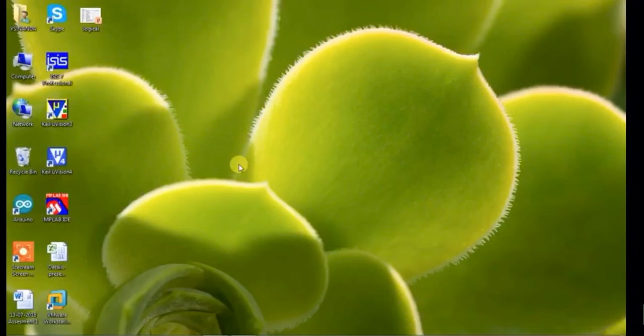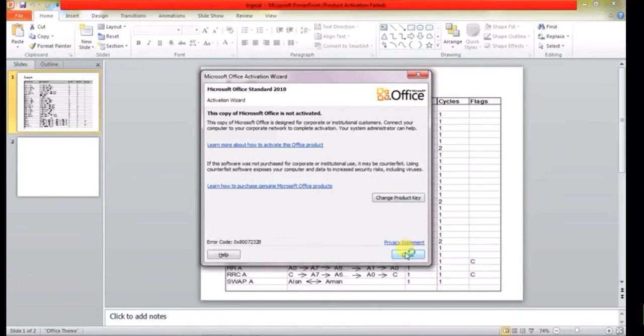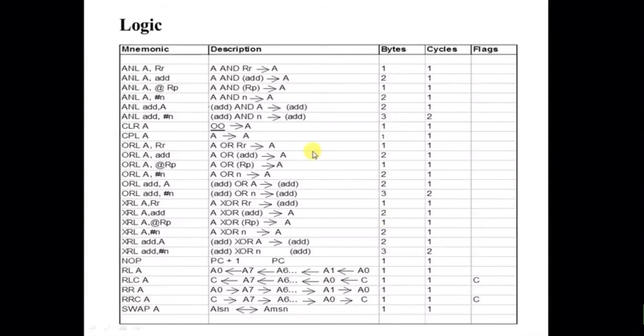In assembly language programming, we look at the logical instruction set of the 8051 microcontroller. This is the complete instruction set to perform all logical operations using assembly language. You already know the registers supported by 8051: A, B, R0 to R7, RAM address locations from 00 to 7F, ROM locations from 000 to 0FFH, and two pointer registers, R0 and R1.